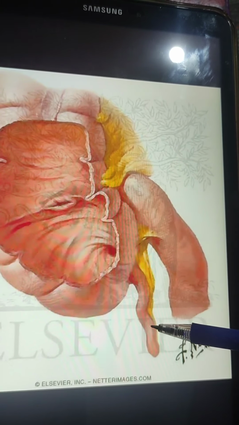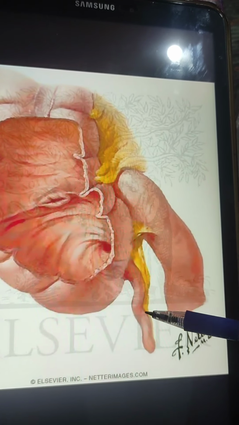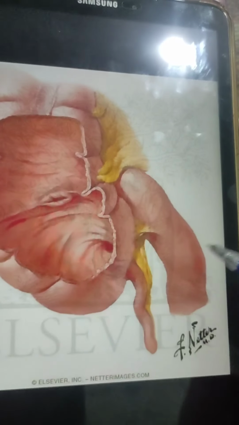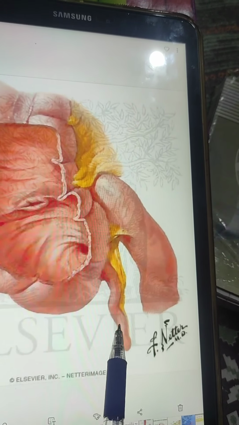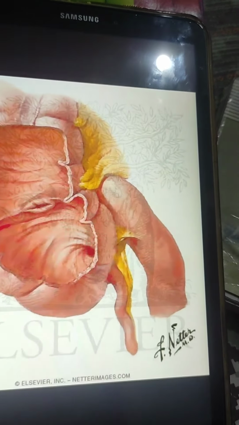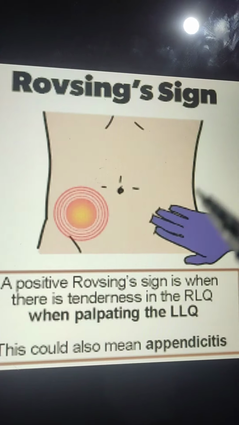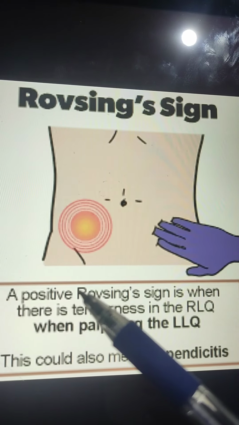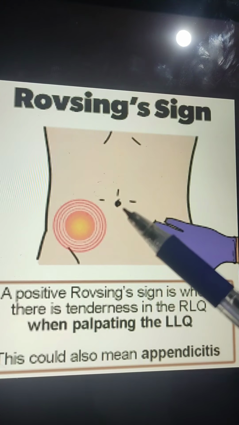After that, you need to know the length. Its length varies in adults and in children. It is almost 2 to 20 centimeter, and one interesting fact is that it is longer in children as compared to adults, and it is 5 millimeter in width. An appendix lies in the right iliac fossa. As cecum is lying in the right iliac fossa, and appendix is behind the cecum, so it is going to be in right iliac fossa.